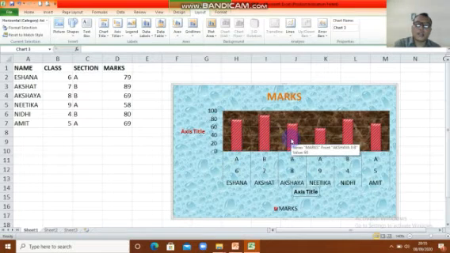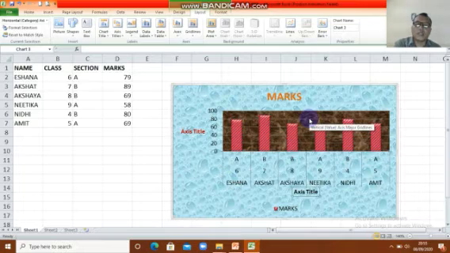This is mark point. This is value grid line, major grid line. This is chart area. So if you want to know, just move your mouse, and later you will know what the name is. Okay, that's about the layout.